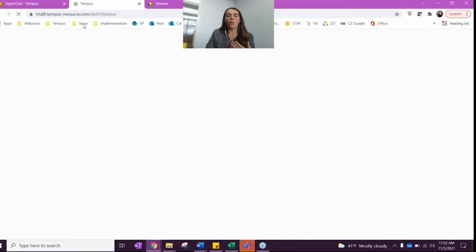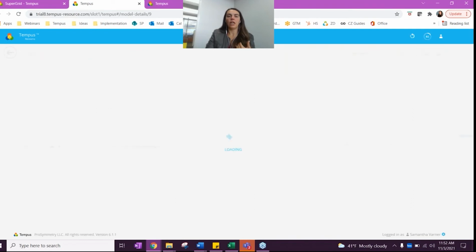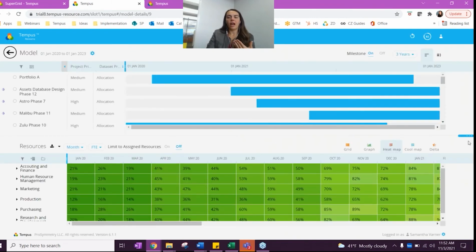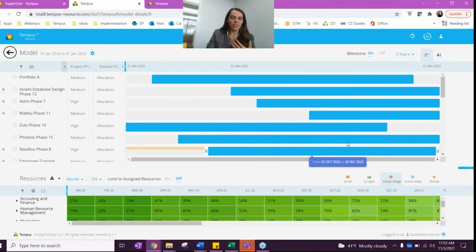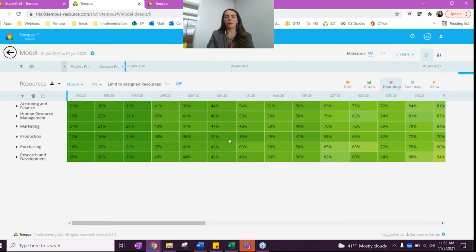But when you go into your model list here, when configured and set up, not only do you have all of your projects here in this Gantt, so you can get a very visual representation of what's going on, and as you know, with the scenario planning, you can move things around. But really what I wanted to focus on is this bottom screen down here. So in this heat map view,